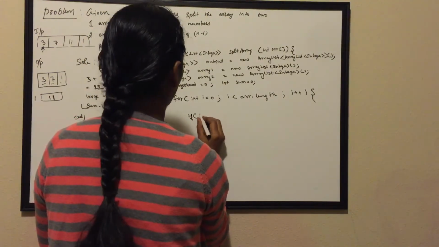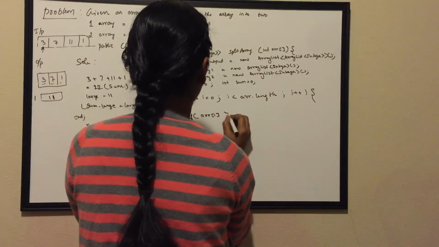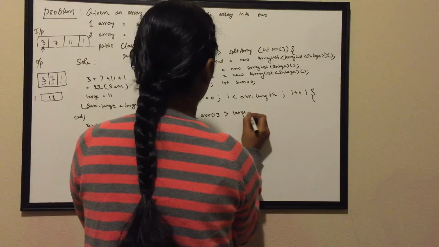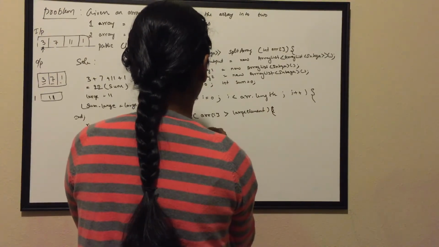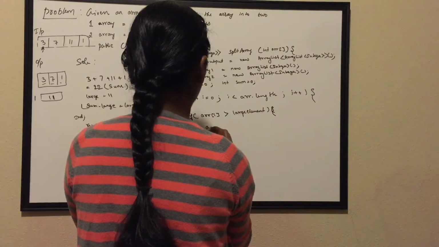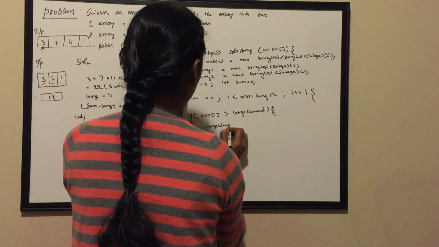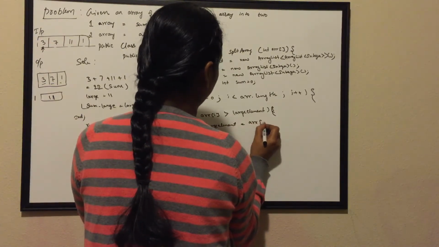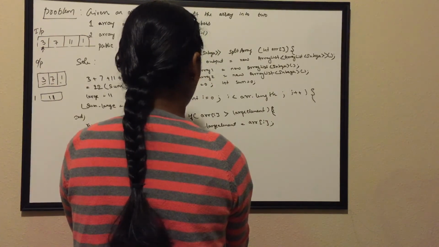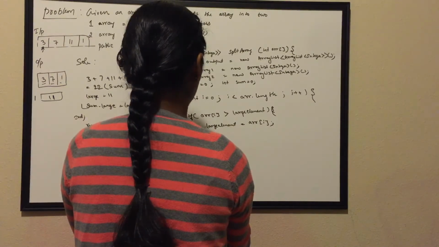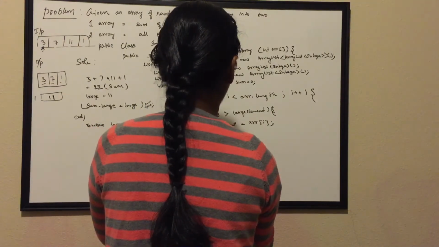So if array of i is greater than large element, then large element equal to array of i, and also, this is just a condition, and then